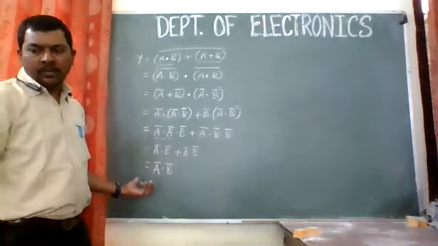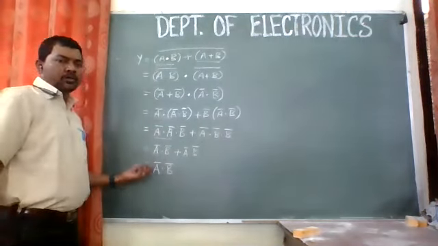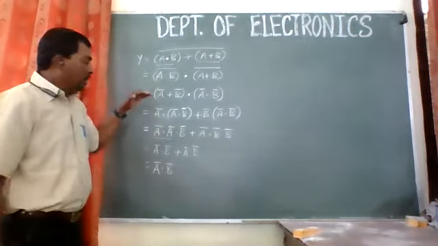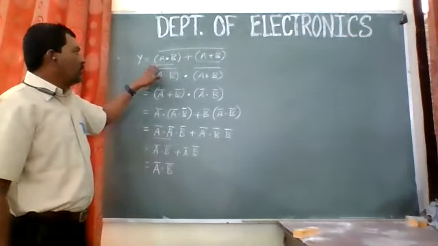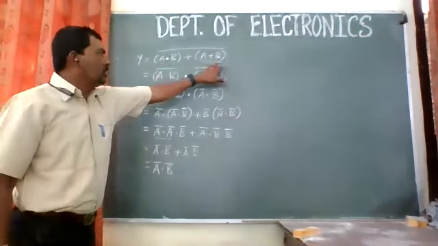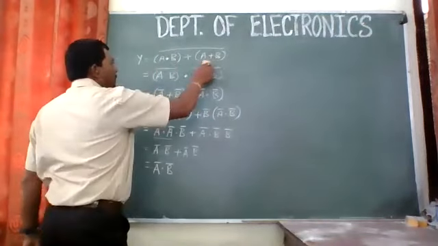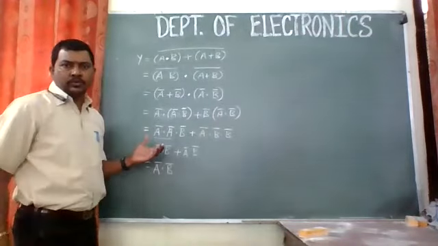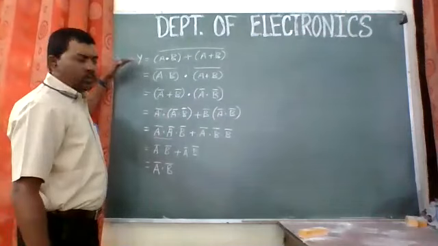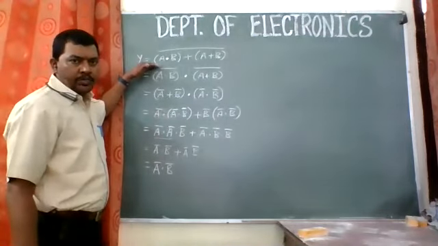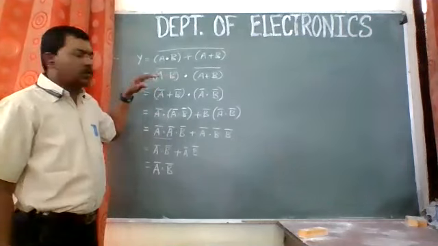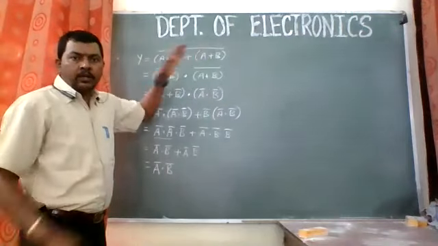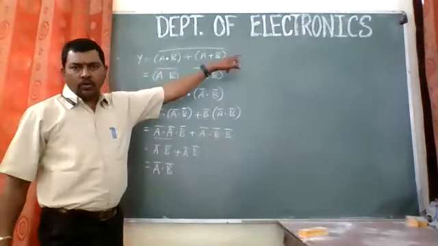Is it okay? So yes, this is the reduced form of the equation, just by using De Morgan's theorem, right? So we have used De Morgan's theorem for that. For these two variables, we have considered A dot B and A plus B, and we have tried to resolve it. I guess you have understood. I will just explain it to you again. We are trying to simplify this equation by using De Morgan's theorem. The expression is A dot B in brackets plus A plus B in brackets, of the whole complement, right? The complement of all this.